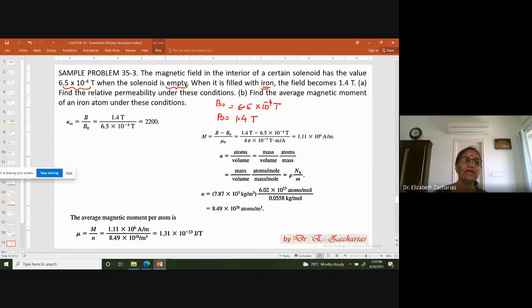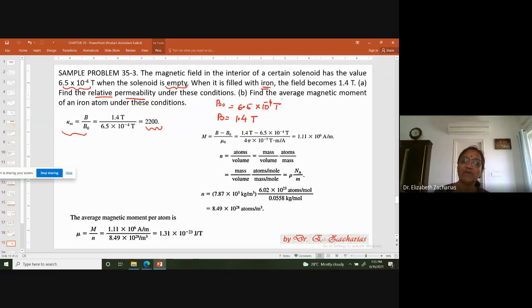Now, find the relative permeability. For relative permeability, you have this equation. Kappa M is equal to B by B naught. This is the straight relationship between B and B naught. Like how you had kappa E equal to E naught by E, the reverse. Similarly here, kappa M is B by B naught. You have B, you have B naught, so you can find the value of kappa M. I told you, ferromagnetic materials will have a large value of kappa, so kappa M minus 1 also is nearly that only. So that's the first part of the problem.